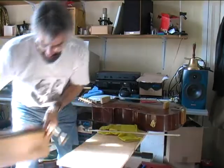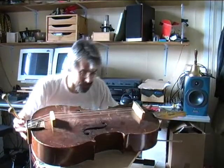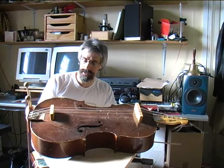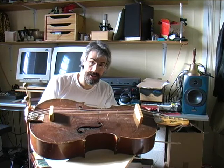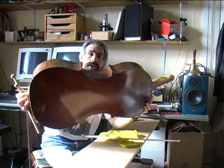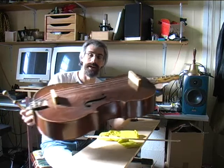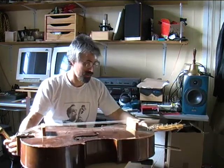This is the body of a cello that was found in a garbage heap, a skip as we call them here in Europe, and it was in, I don't even want to count them, 14 or more pieces, and I rescued it and glued it all back together with super glue to reconstruct the body of the cello. There was no neck to the thing, and then I took bits of an old Telecaster copy guitar and strung it on to produce this thing, and we used it in one show